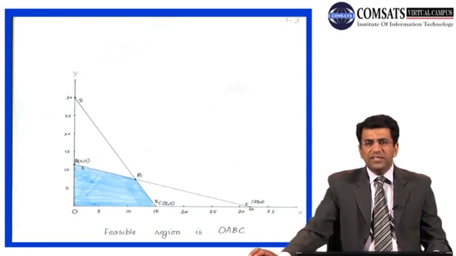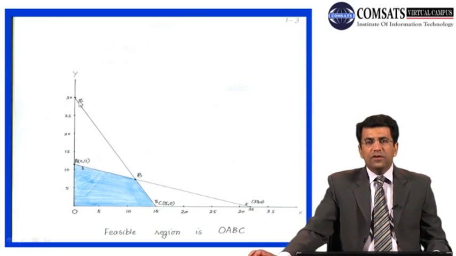Now if we only see this particular line or this particular constraint, what will be the feasible region for this constraint only? That will be the area which will lie below that particular line. Similarly, we will draw the other line, that is line number 2, of which one of the points is 15, 0, that is the x-intercept, and the other point is this one, that is 0, 30, that is the y-intercept. Again, we will connect these 2 points in order to draw the line for our second constraint.